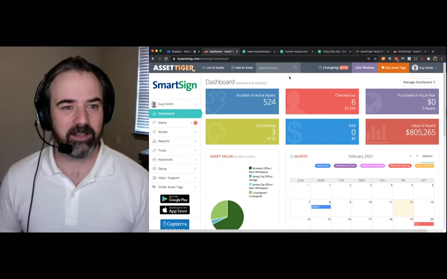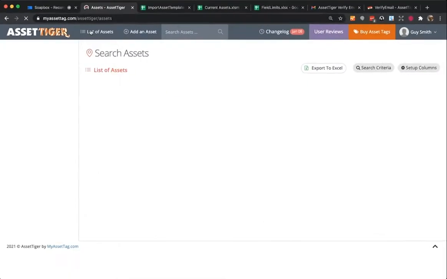All right, now that the assets are uploaded, let's take a look at some of the most commonly used features of AssetTiger. I've actually gone ahead and signed into a different account, one that's a little more lived in, that's got some more things in the calendar, so I can show you some of the best features. All right, so we start here and let's look at the list of assets and talk about checking things in